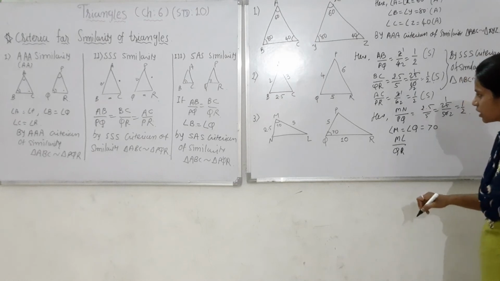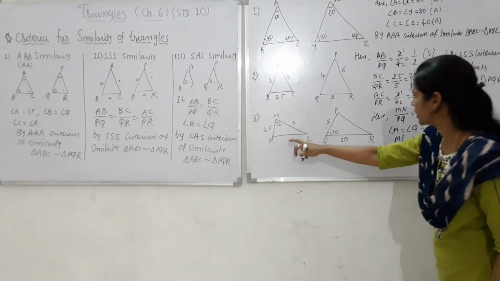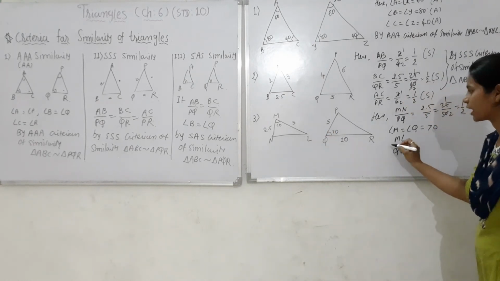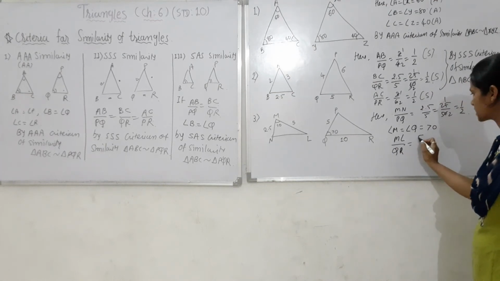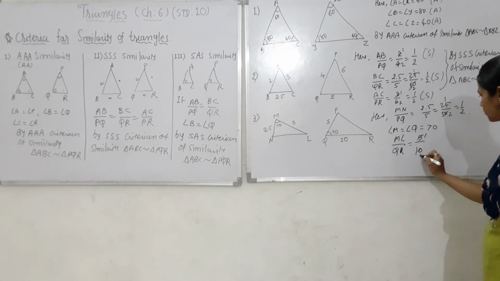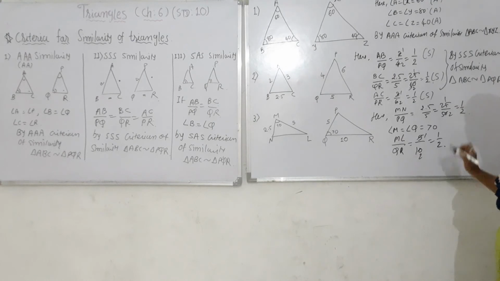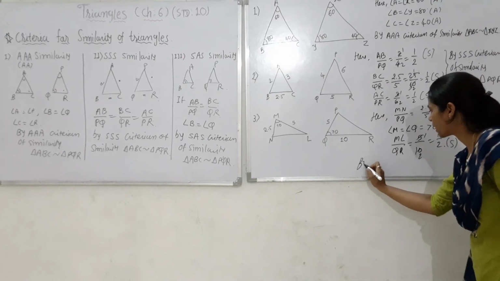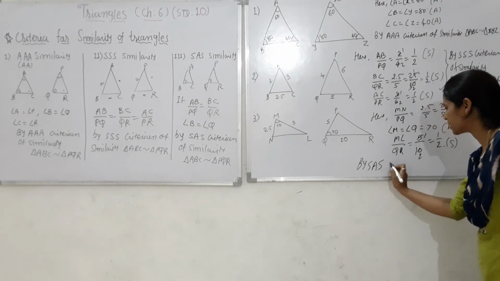There is some mistake. 2.5 upon 5, yes, correct. ML upon QR. So this is 5 and this is 10. 5 1s are 5, 5 2s are 10. So this is 1 by 2. So you can say side, angle, side. So by SAS,